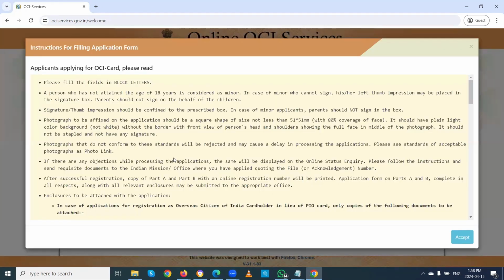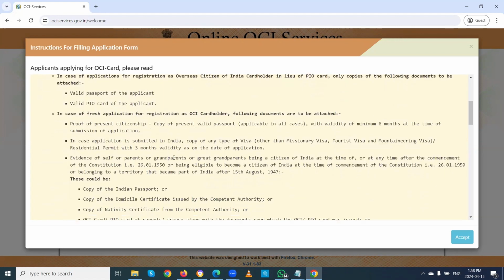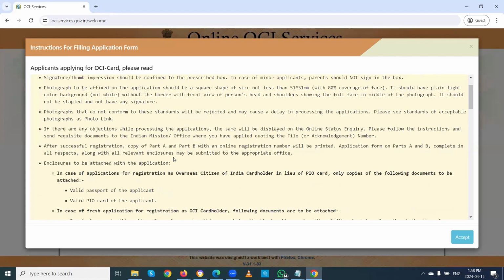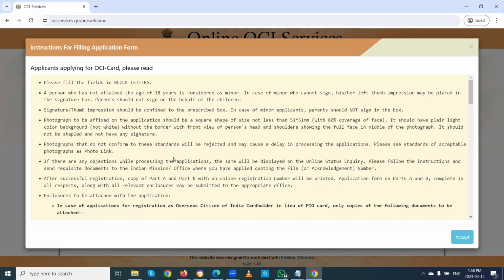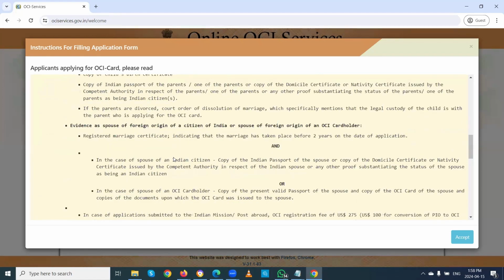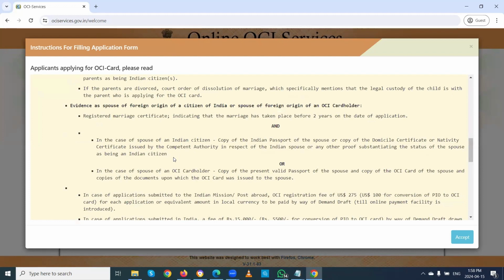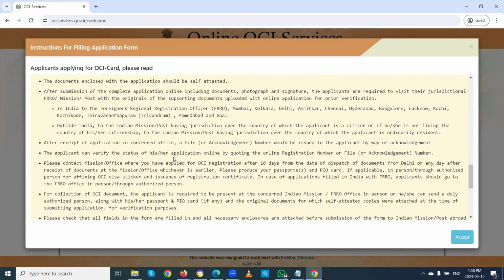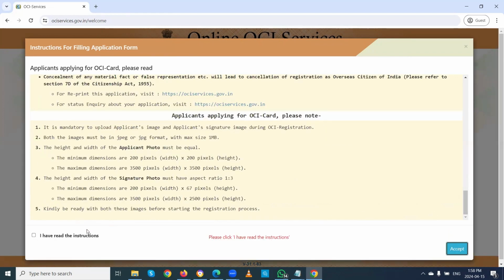After that, these are the instructions for filling up the application form. You can read all the instructions on how to fill the application. Better to read all these instructions before you proceed. If you are already well aware of how to fill the applications, you can just accept it and go forward. But I recommend reading all these instructions if possible, saving them in different screens, or taking screenshots of all these instructions, so that whenever you need, you can refer to them at any point of doubt you have while filling the application. So here I click accept, and then